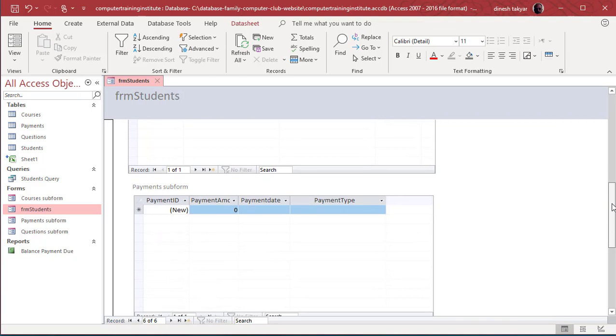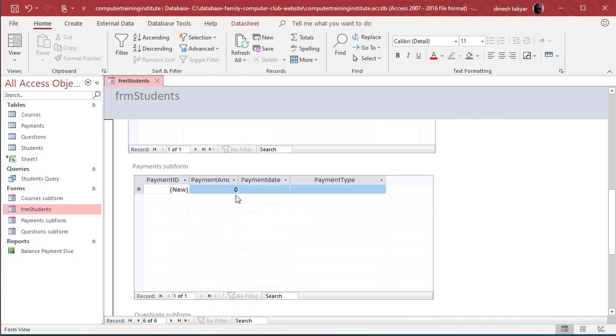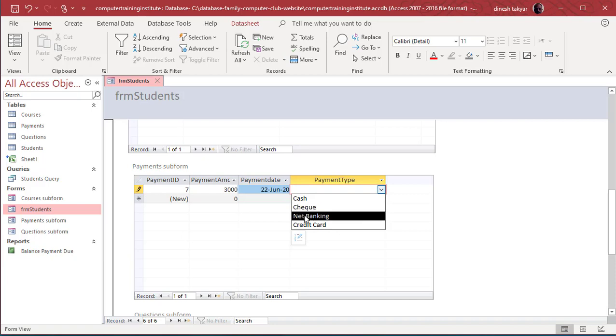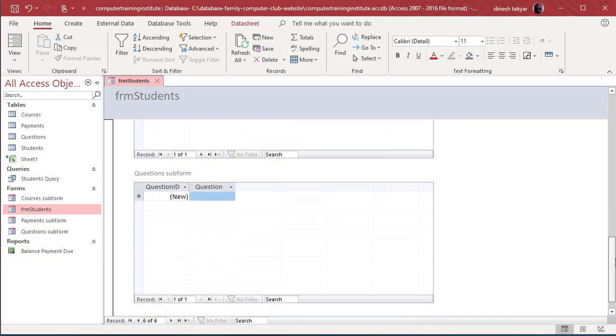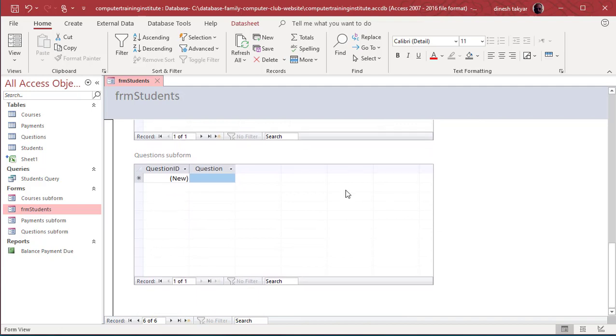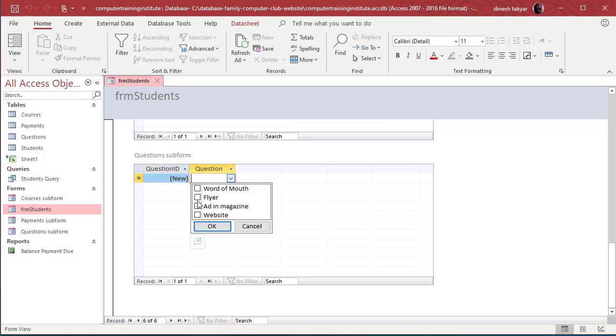Once I have done that, I can scroll down, and if the student makes a payment, for example, I can enter that. And I can also enter the payment date, the payment type, and finally I can also enter the question.